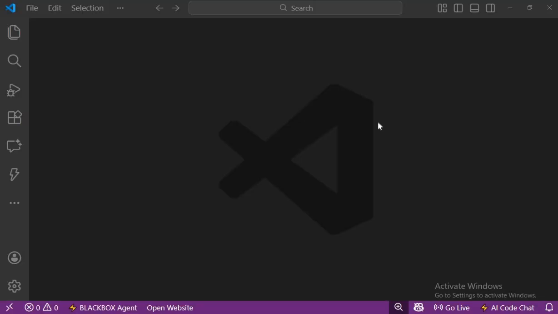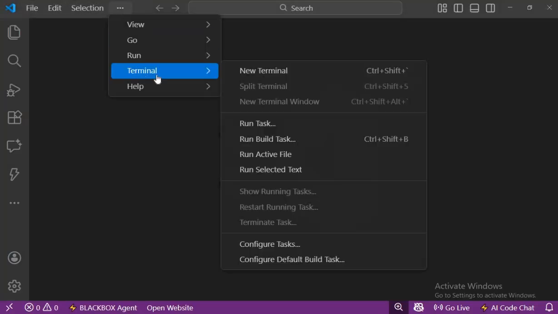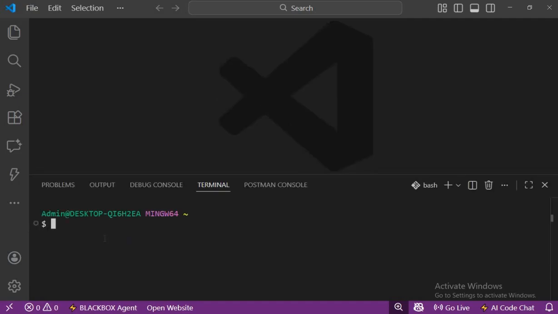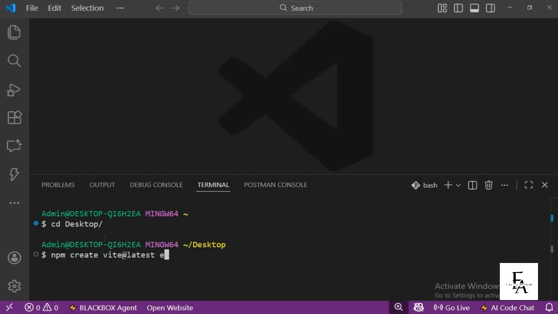So you start by opening your code editor. I'm going to be using VS Code for this project, and then we're going to navigate to terminal, click on new terminal. Then on the terminal, you change directory to desktop. We'll be creating our project folder on the desktop on the terminal. So we're going to type in npm create vite@latest. The name of the project is ecommerce